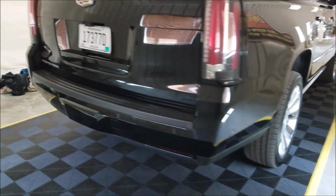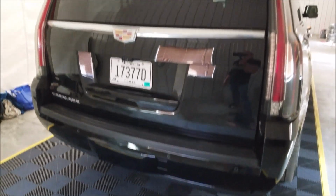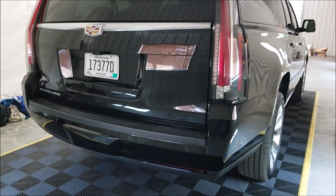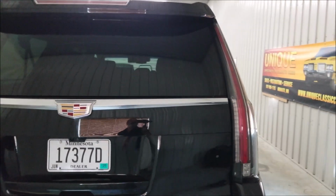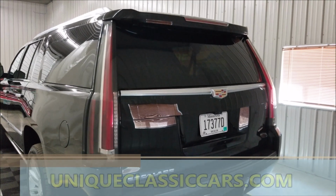As you can see, there's the dealer plate on it. And then your rear backup cameras, your rear backup assist. The list goes on and on and on. If you'd like to inquire about this vehicle, give us a call, 507-386-1726. Of course, you can check out the still pictures. Sorry, I can't get any further away from it than I am. Check out the still pictures,